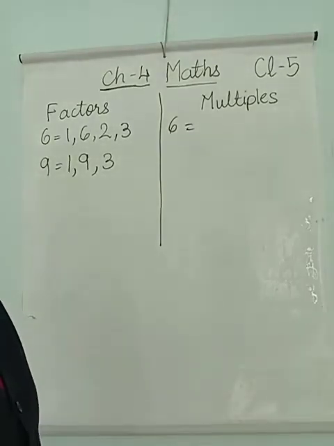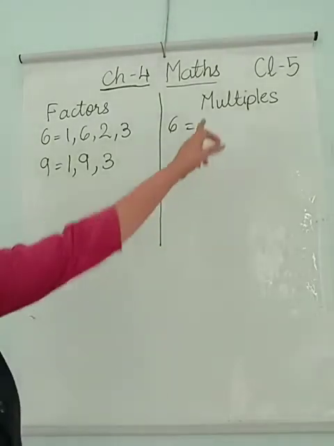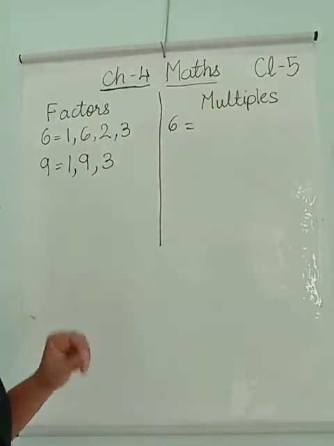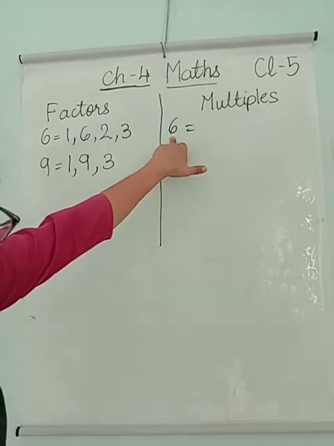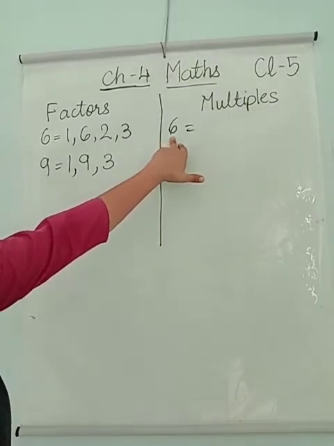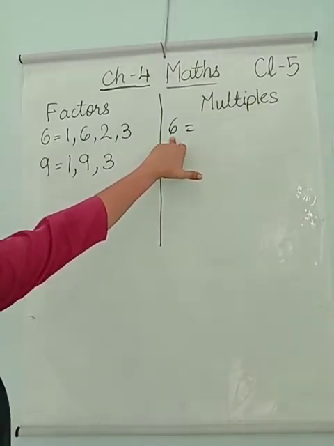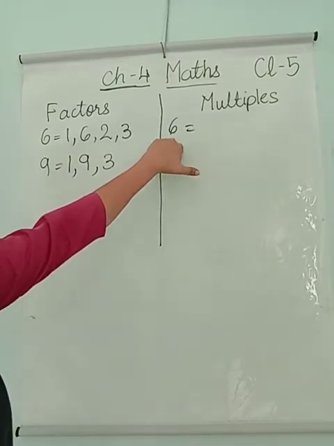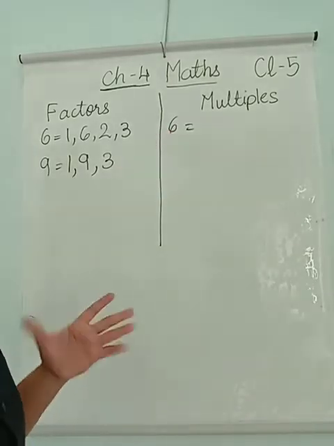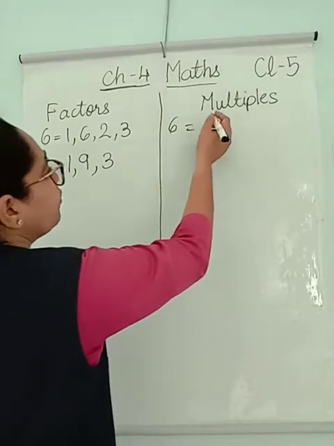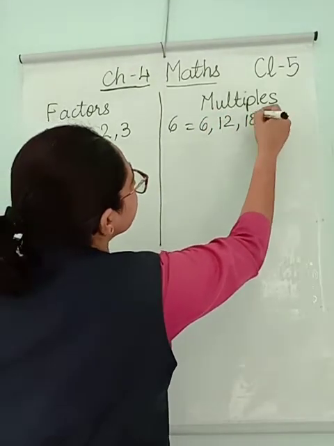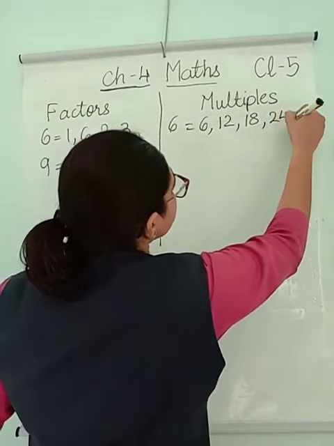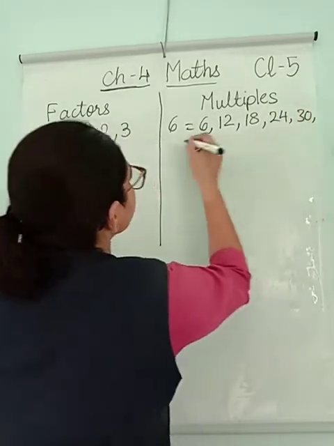Now here, what is the meaning of multiple? Multiply. So what you are going to do is multiply 6 by 1, by 2, by 3, by 4, by 5, by 6, by 7, as many as I tell you. Okay? So 6 1s are 6, 6 2s are 12, 6 3s are 18, 6 4s are 24, 6 5s are 30, 6 6s are 36,